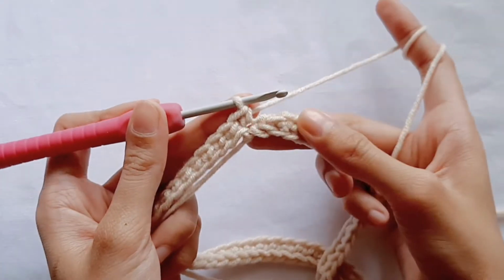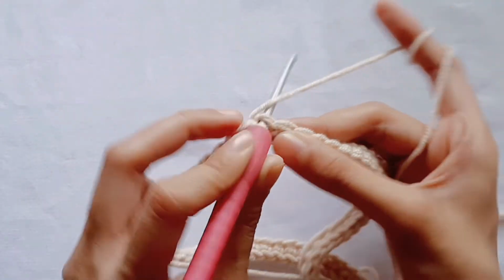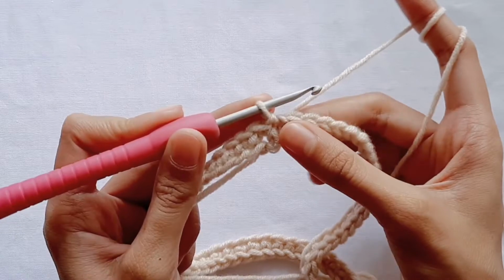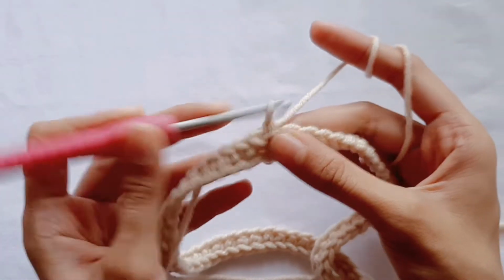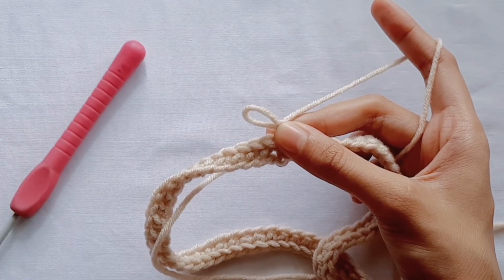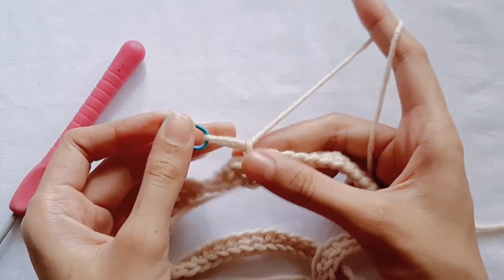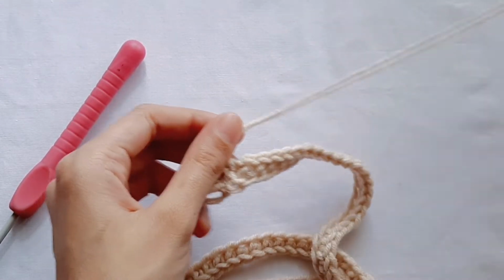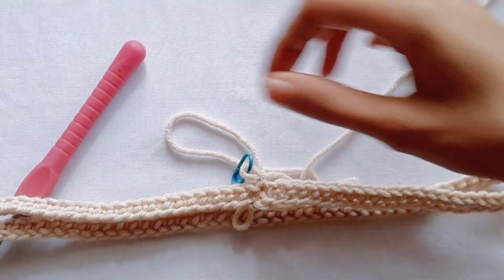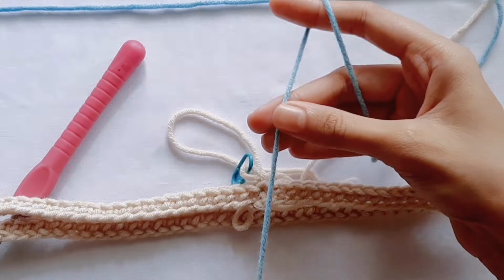To join the round, slip stitch into the first stitch. Chain 1, put a stitch marker. For this pattern, we will switch the color in every round. For my round 2, I will use the blue yarn. Grab your blue yarn, make a slip knot,